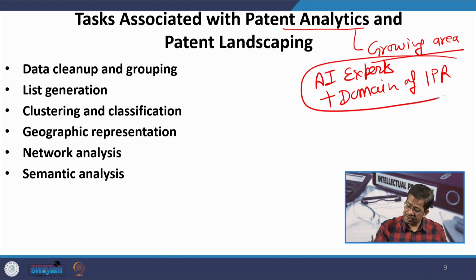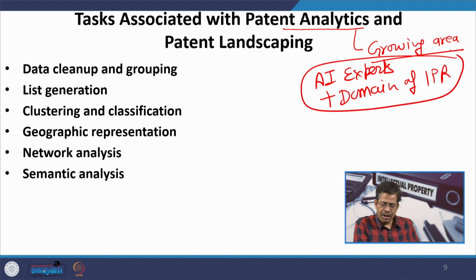So, this is a good new area which is now taking some kind of momentum because of these enabling tools